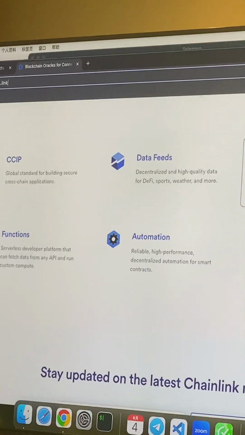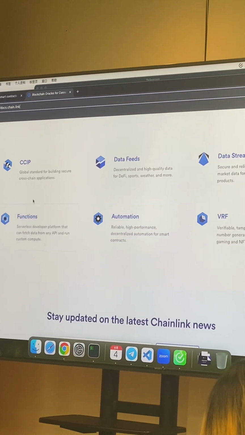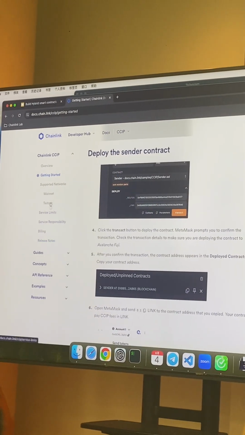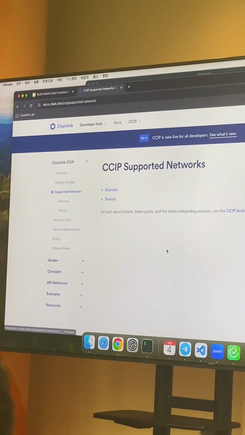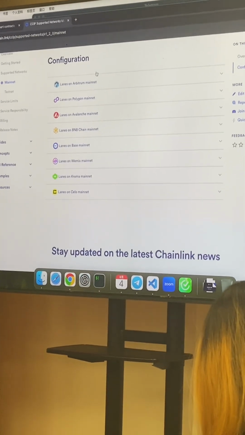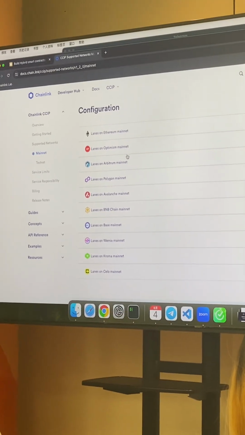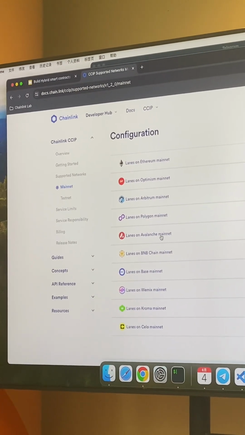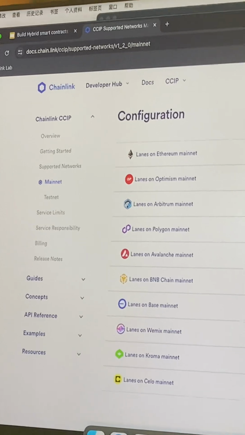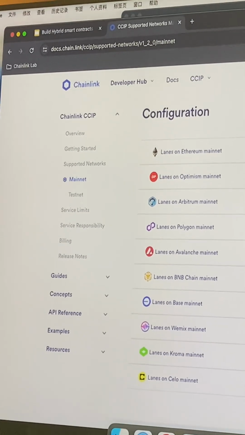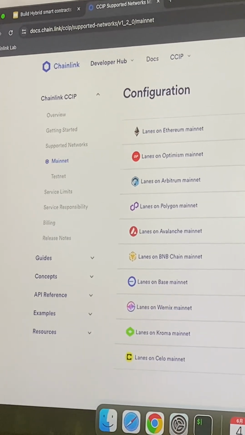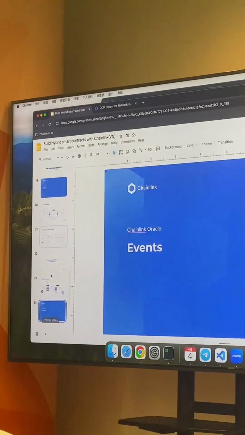We have 6, actually 7, but 6 services here in the documentation. If you click CCIP, you will see the sample code, and we have the supported networks. Let me check the mainnet. See, we support a lot of different EVM blockchains like Ethereum, Optimism, Arbitrum, Polygon, and Avalanche. If you have your application deployed on any of these blockchains, you can use CCIP to provide an interface to users who reside on other blockchains, to extend your app from a single chain to multi-chain. Okay, I think the technical stuff is